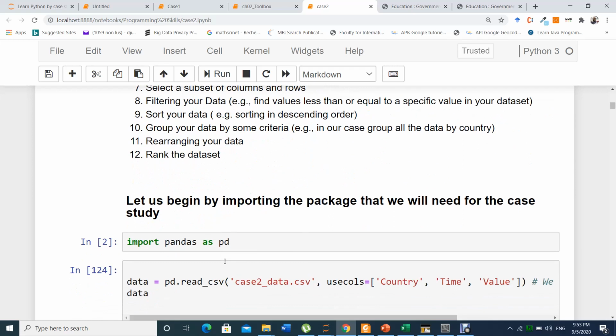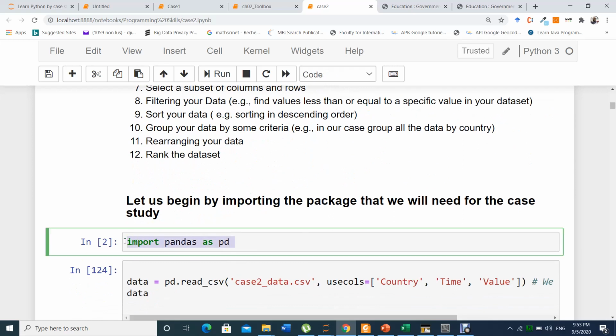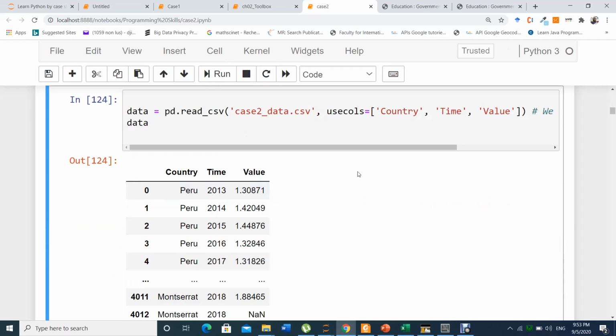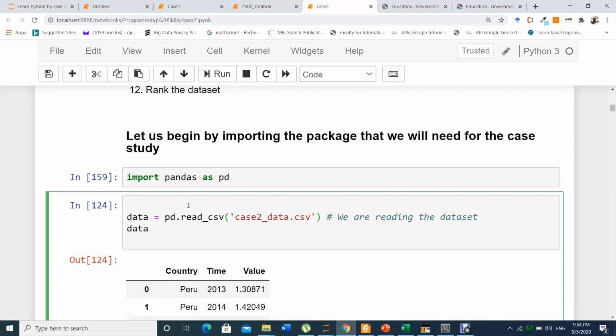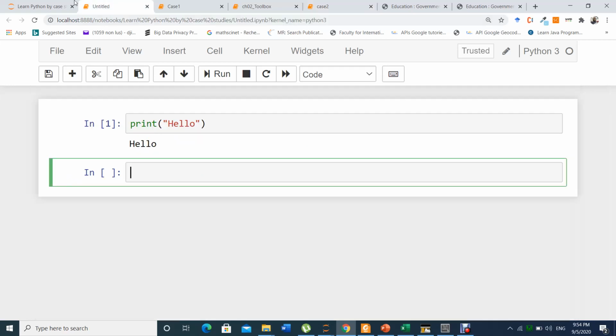The first thing before reading the data is to import your data. Import pandas as pd. Then data equals pd.read_csv, the case 2 data file.